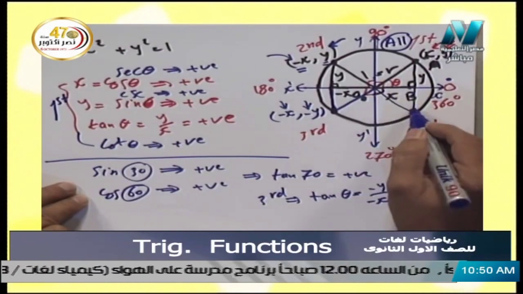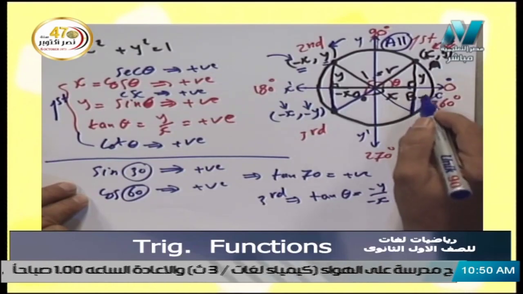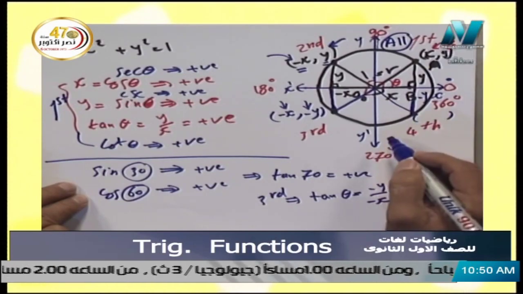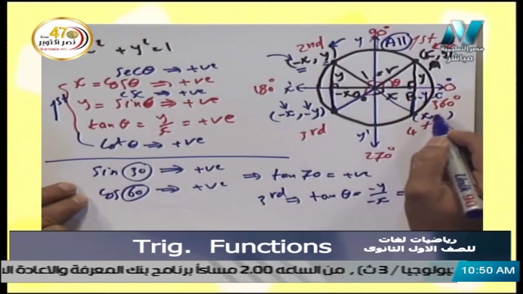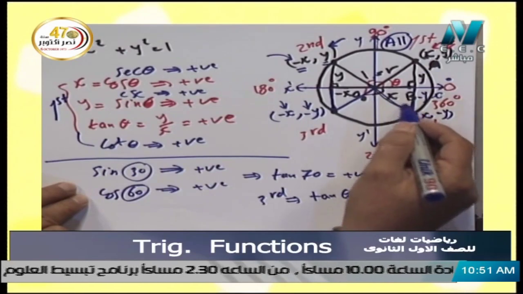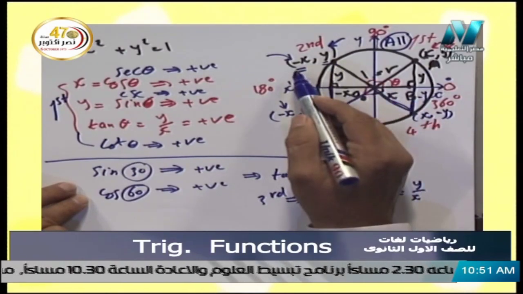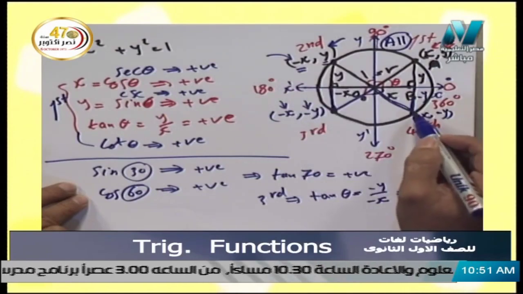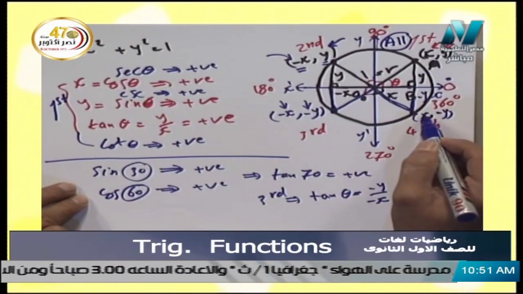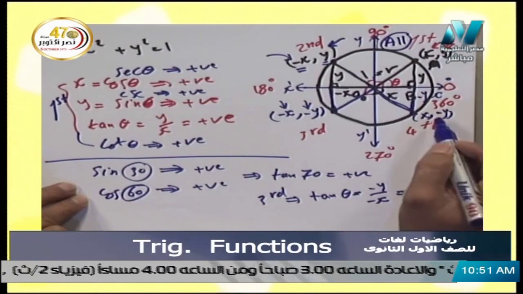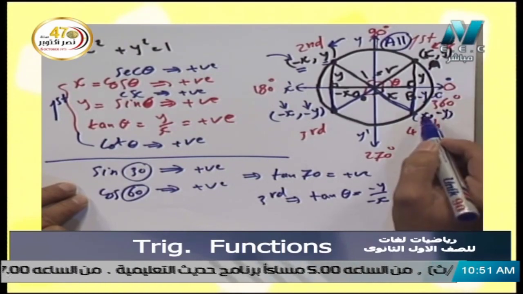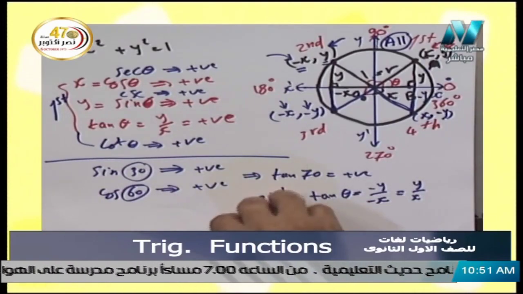Let's move to the fourth quadrant. Here, y is negative, so it's negative y. X is positive, so the point will be x and negative y, which is the reflection of this point. This point in the second quadrant is negative x and y, and this point in the fourth quadrant is x and negative y. So here x is cosine, so cosine is positive, and sine is negative, and of course tan will be negative because it's negative y over x. Okay, let's conclude